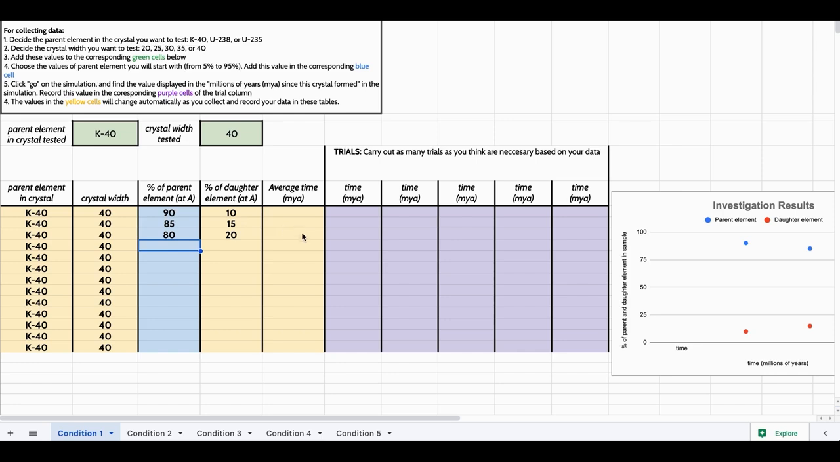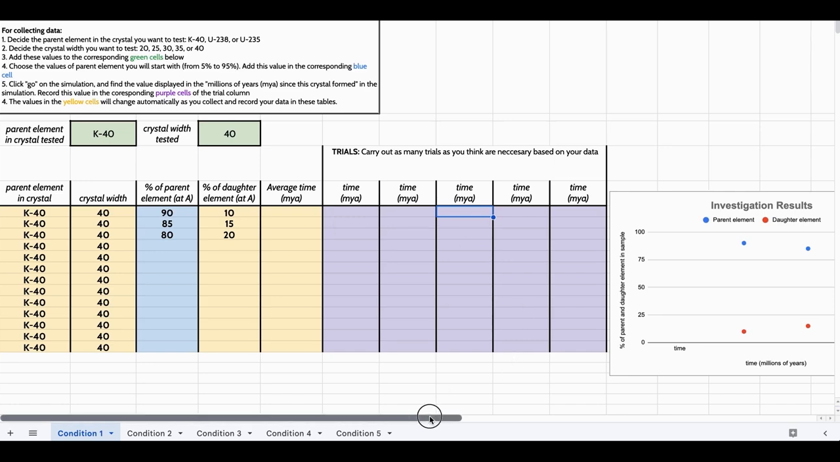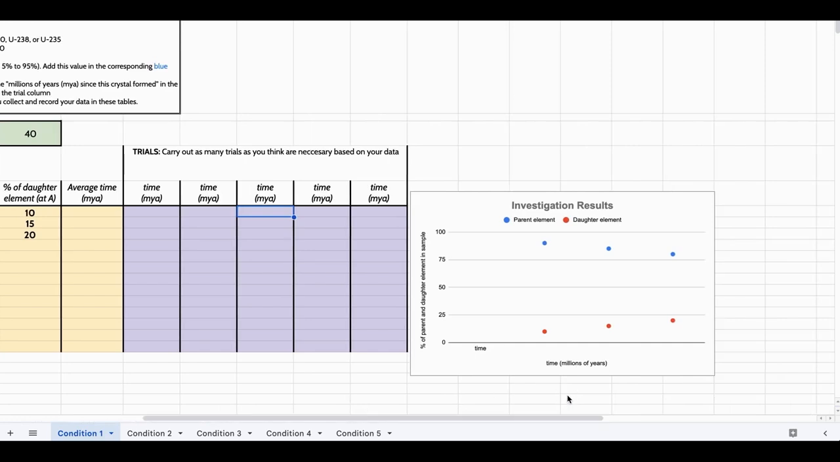And now this group is ready to collect data on at least 3 different values at which the simulation will stop, and they will record this data in the purple cells. As a group, you will need to decide how many trials you will want to carry out for each data point that you measure. Notice that as you collect your data, a graph starts to build on the right side